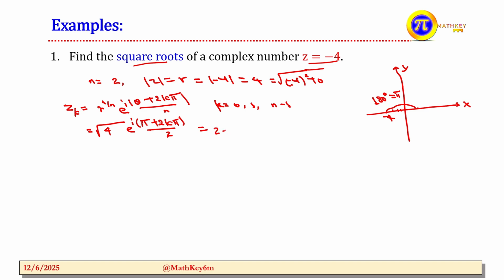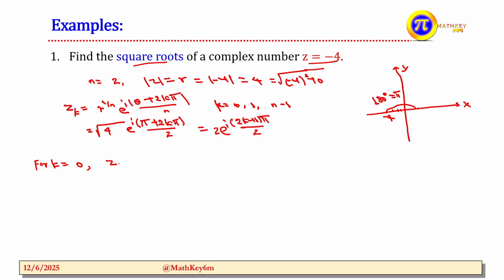2 times e to the power of i of (2k plus 1) times pi over 2. After this, we can find the roots of the square root. We have two roots. For k equal to 0,